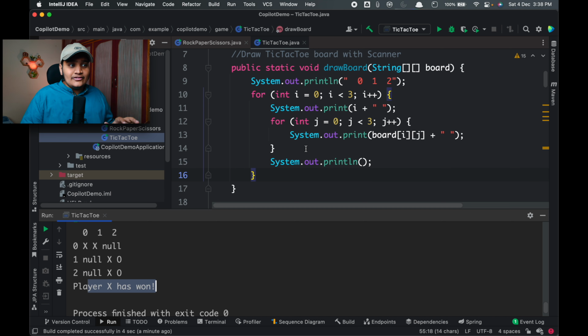So the game logic is still fine. You can improve the logic, you can improve how the board has been created, all those things you can improve over here, but the logic is working. So we are getting almost 80% of the code if you provide the correct context, if you provide the proper context over here. It will try to improve as much as you use it, right? Because it's an AI, right? You have to feed a lot of data.